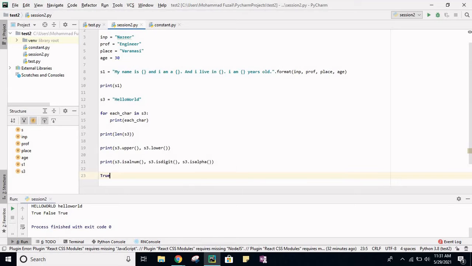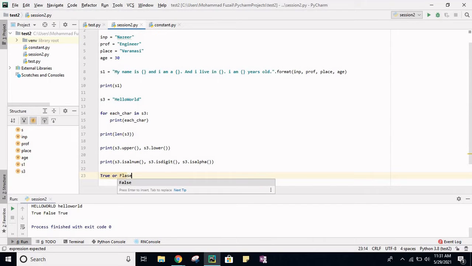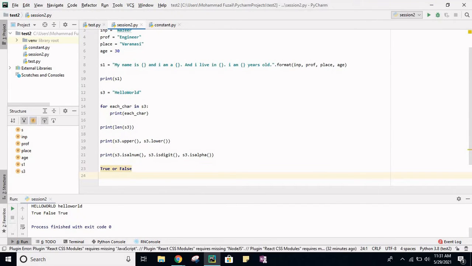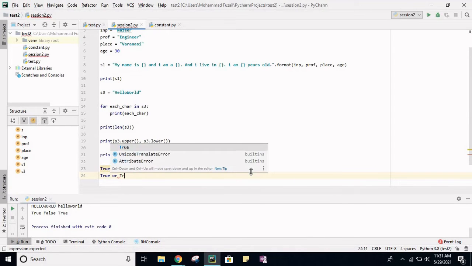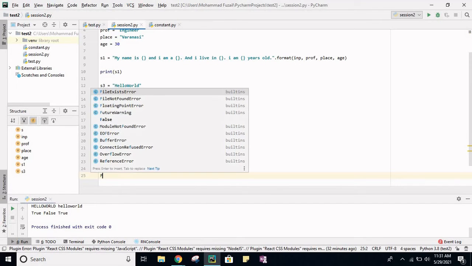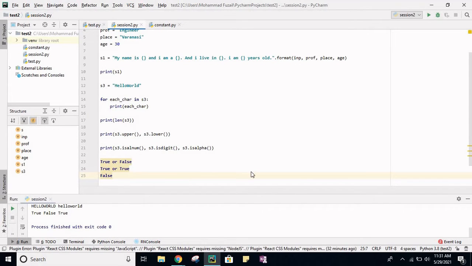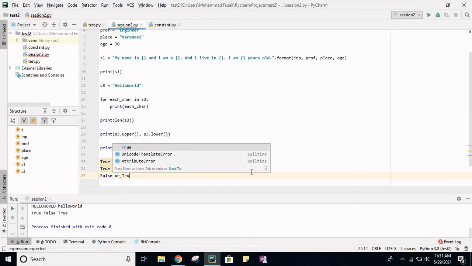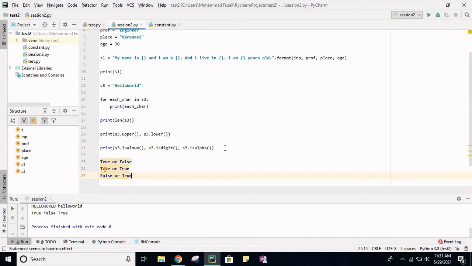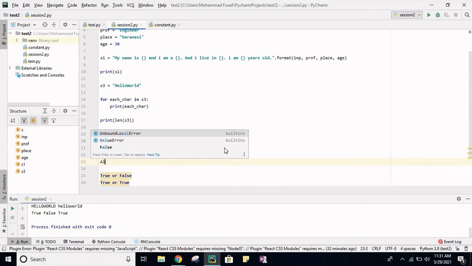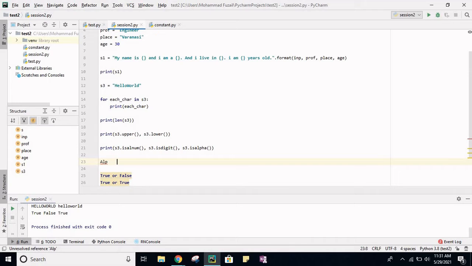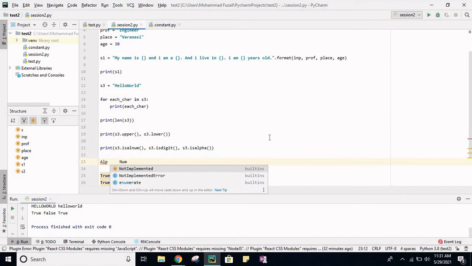Okay, so for the OR condition, we get true in three cases, right? Now OR basically means, I am just writing here alpha and then next as numeric, just for your understanding.